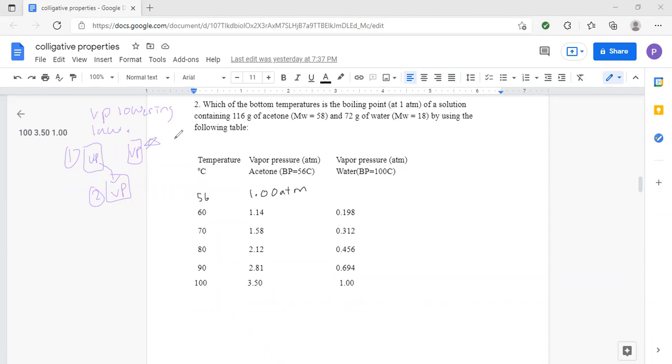So let's read the question. It says, which of the bottom temperatures is the boiling point at 1 atm of a solution containing 116 grams of acetone? Let's ignore the molecular weight. And 72 grams of water. So the equation we know for this is going to be